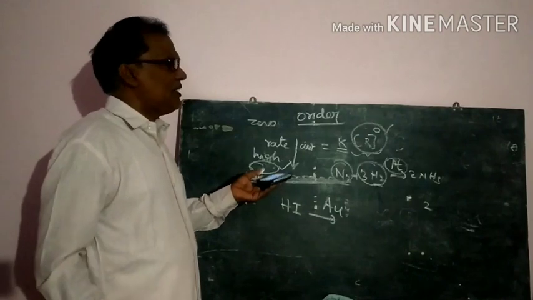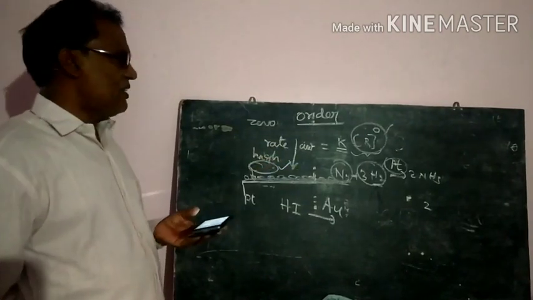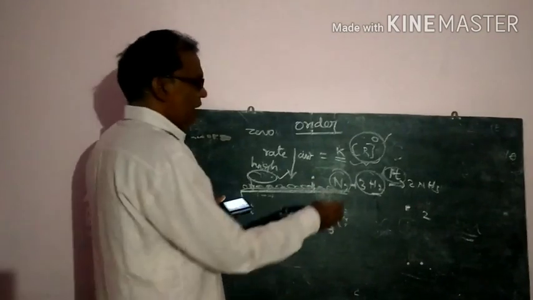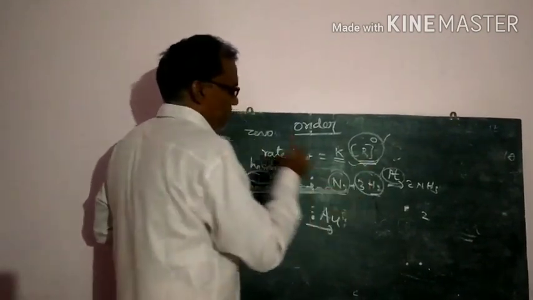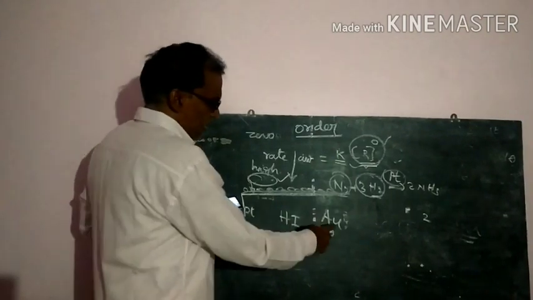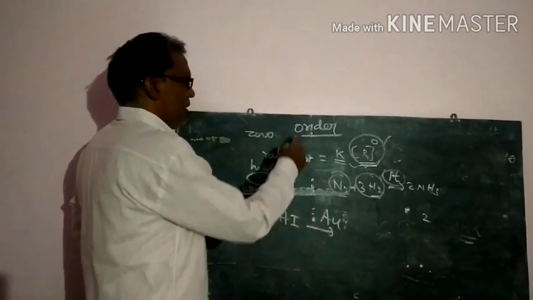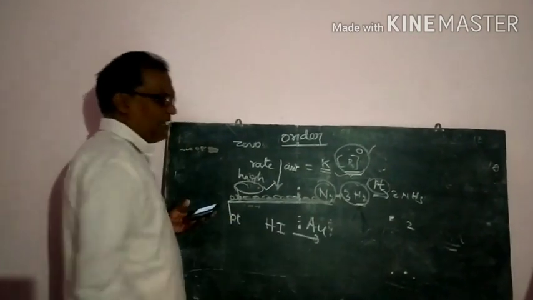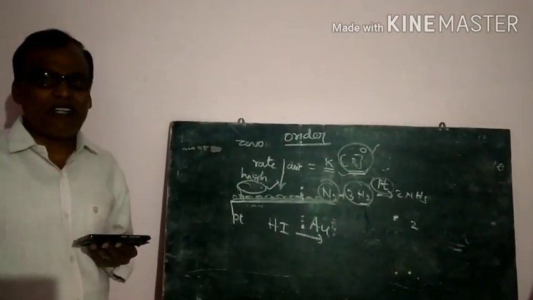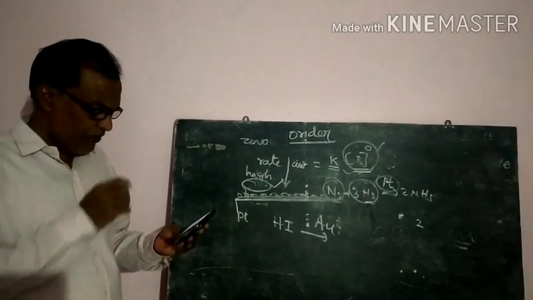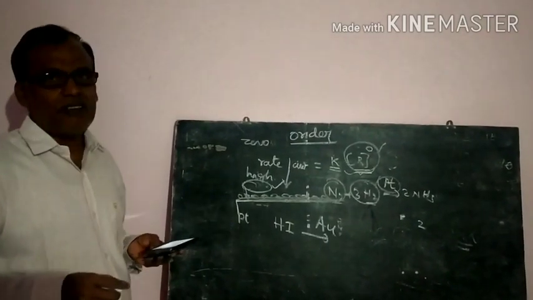First order means the reactants order is one, that possibility is there, but for zero order we should give special attention to the examples. So hydrogen iodide decomposition on gold is also an example of zero order. That is formation of ammonia with platinum as the catalyst at high pressure, but not at ordinary pressures. So that is also an example of the zero order reactions. Please note it.